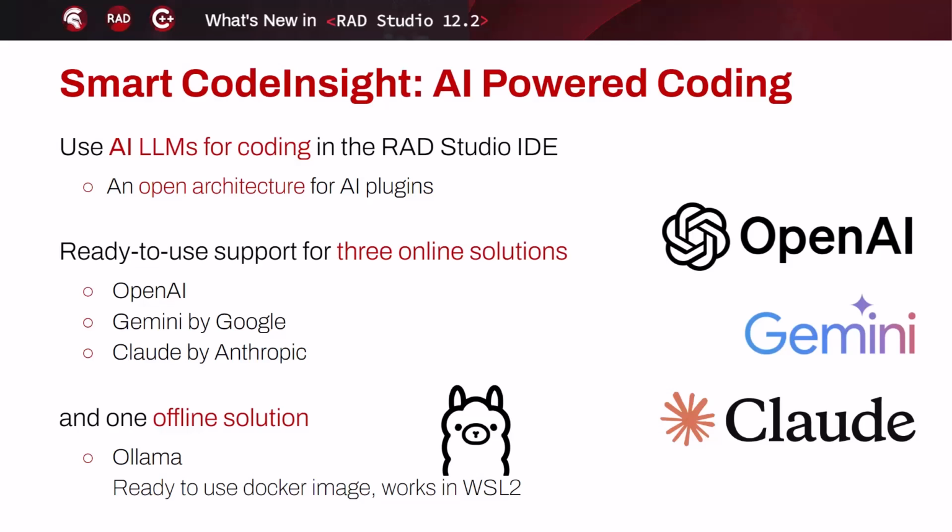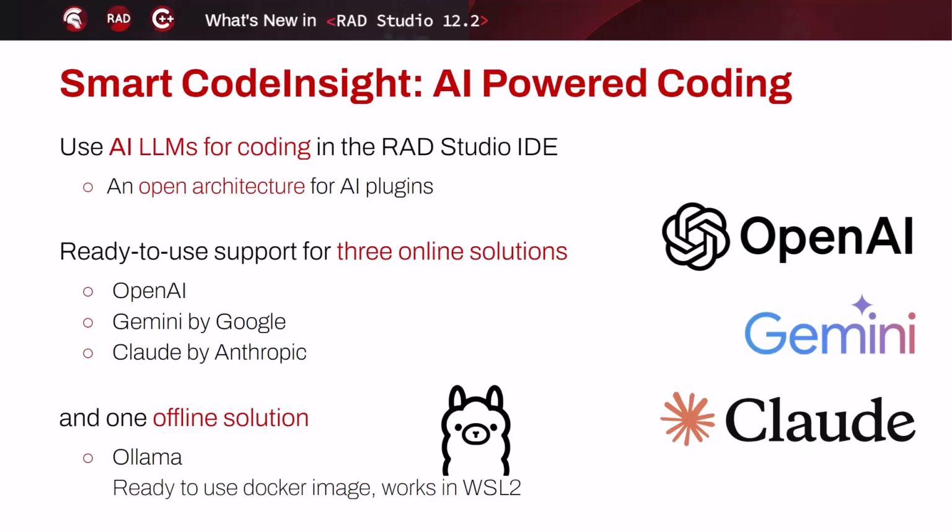Rather than teaming with one individual vendor and one individual company and provide you one specific option, what we've decided to do is to build an open architecture for plugins that are tied to artificial intelligence. The architecture is based on an Open Tools API, and in fact, you can create your own plugins for this architecture. Of course, having only the architecture won't be terribly useful. We are also shipping ready-to-use support for 3 online solutions: the OpenAI API, the Gemini API by Google, and the